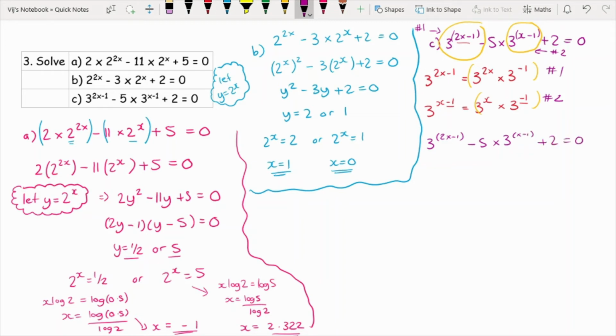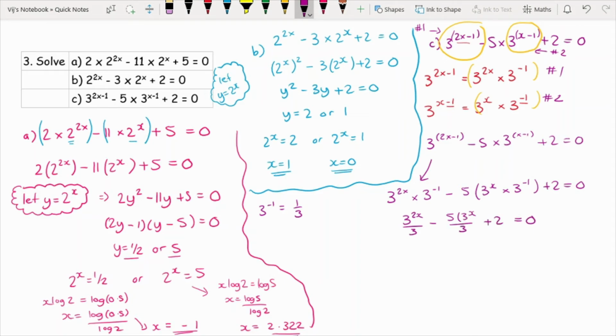so what this becomes is I've got 3^(2x) times 3 to the power of minus 1, minus 5 lots of 3^x times 3 to the power of minus 1, plus 2 equals 0. Now if you think back to what 3 to the power of minus 1 is, well, it's just a third. So what I end up with is 3^(2x) divided by 3, minus 5 times 3^x over 3,